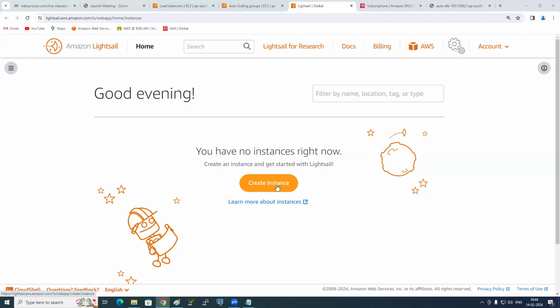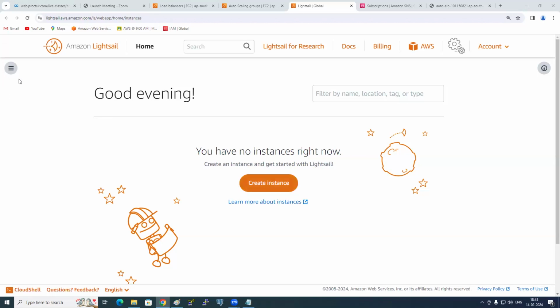So everything is here only. If you want to purchase any domain, or if you want to do any routing, which service is that? Route 53. No need to go to Route 53, here itself. And if you want to do caching across the globe, which one is that? CloudFront. If you want to go to CloudFront, it will not allow you to go, and here it will itself set up a cache for the entire world. So Lightsail is selfish. It will not go anywhere. It will not integrate with any other service. Everything it will try to give, but very limited.